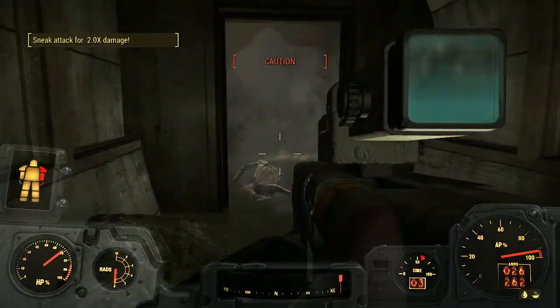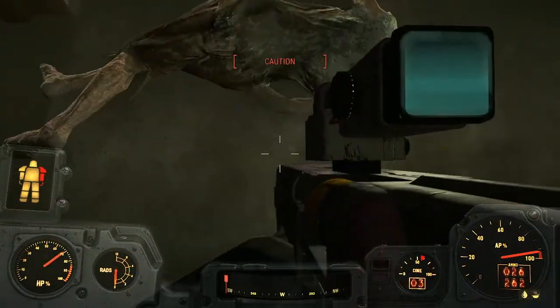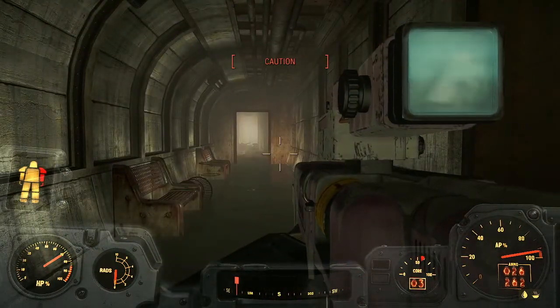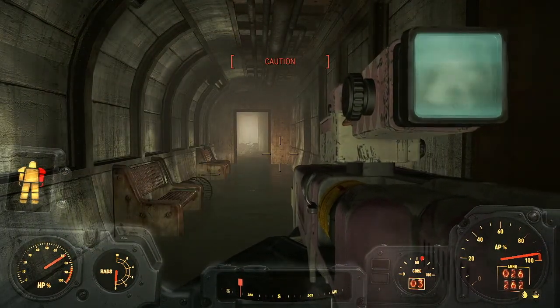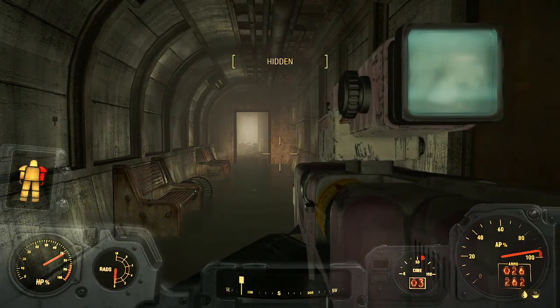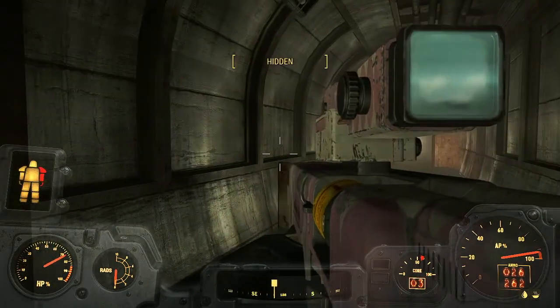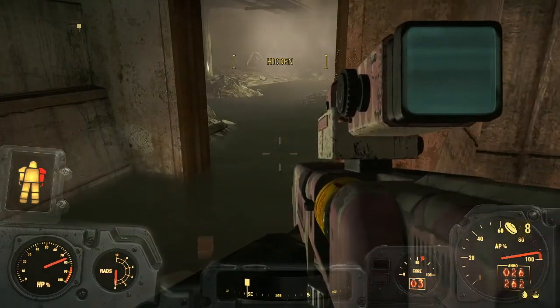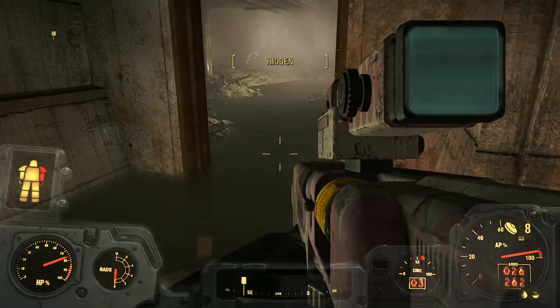But first, I want to kill this feral ghoul right here. And then I want to come way over here. I kind of want to just shove myself right up here and just hope that the glowing one doesn't come at me. Okay, we're good. We're good. We're good. We're good. Oh, I can see him floating over there. So here's my plan. Frag mines. Don't know how well this is going to work, but...